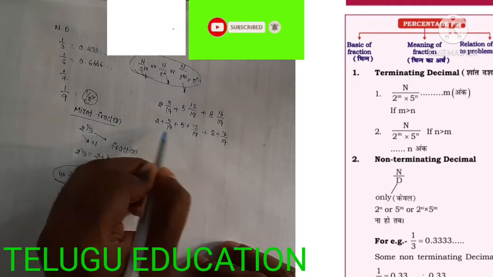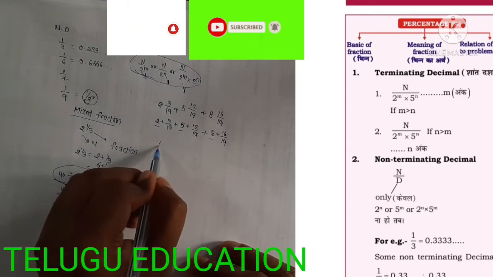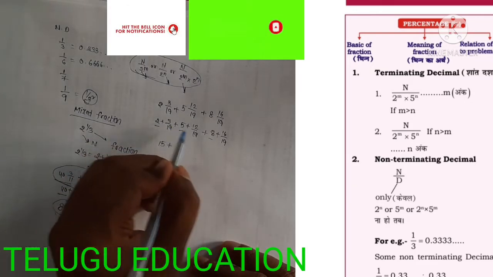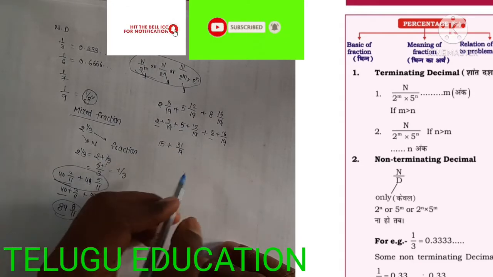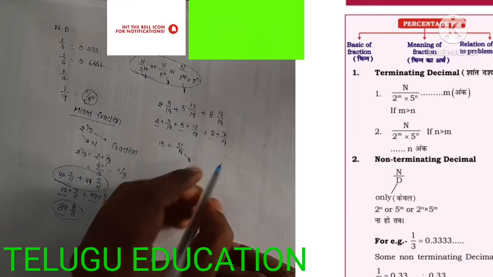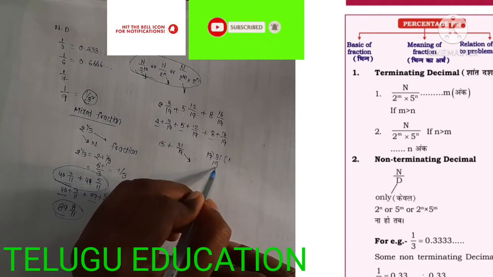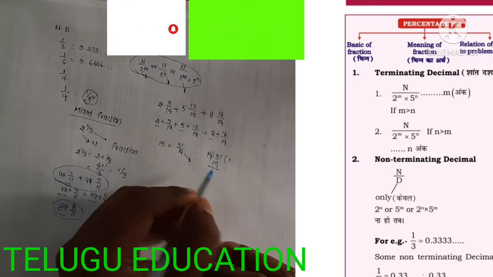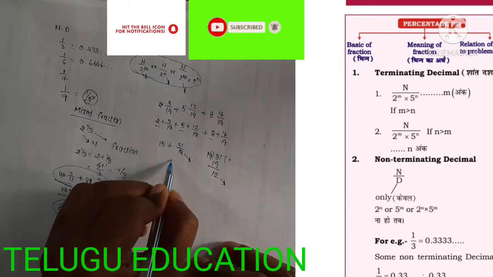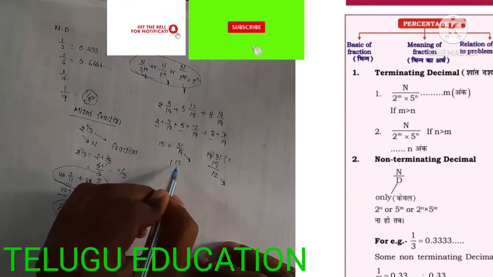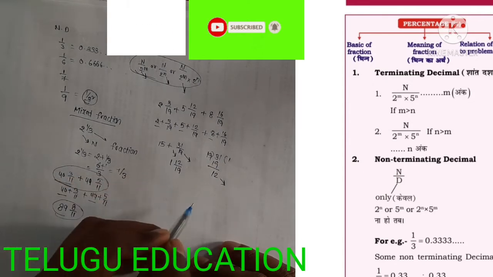So 2 plus 5 plus 8: 7 plus 8 is 15. Then 3 plus 12 plus 16 is 31/19. We can write 31/19 as 1 times 19, so 12 is the remainder. So this can be written as 1 12/19. So this value is equal to 1 12/19.